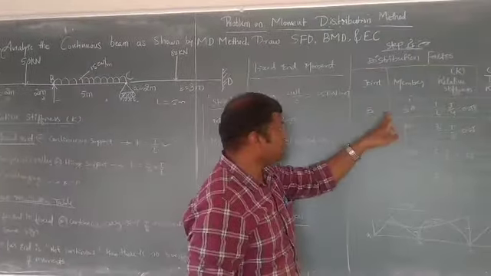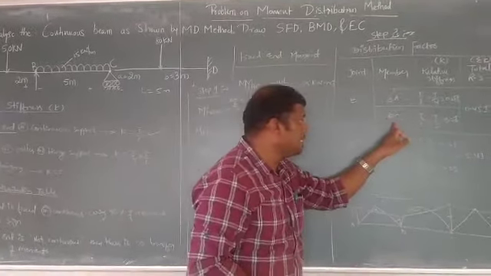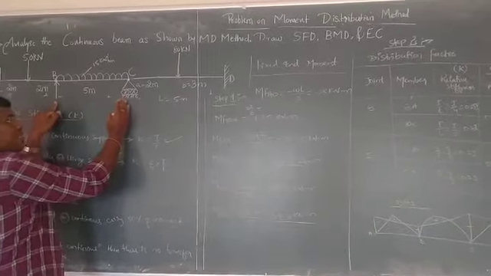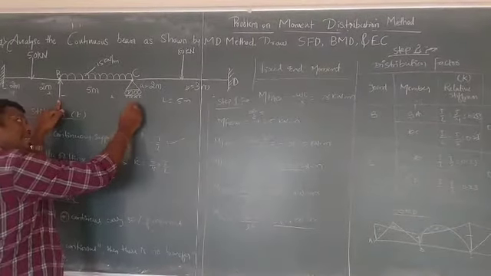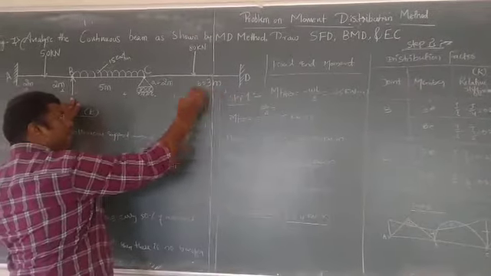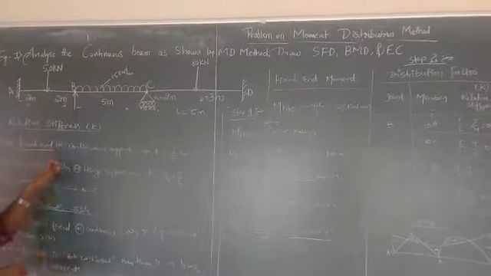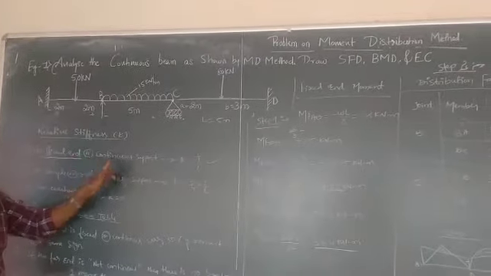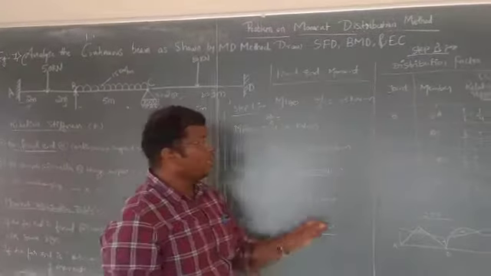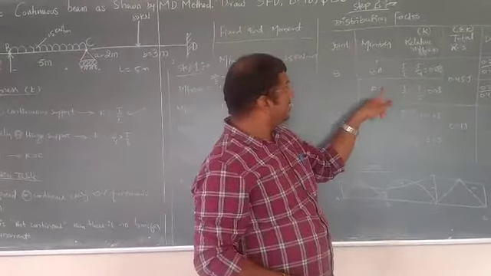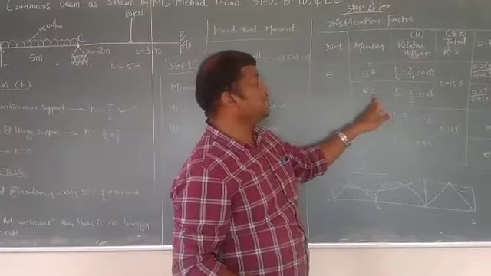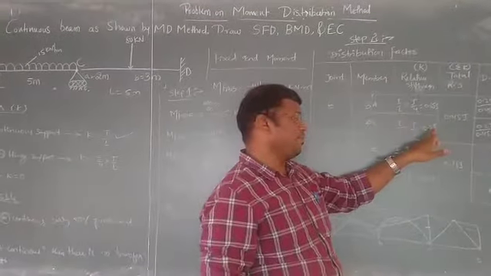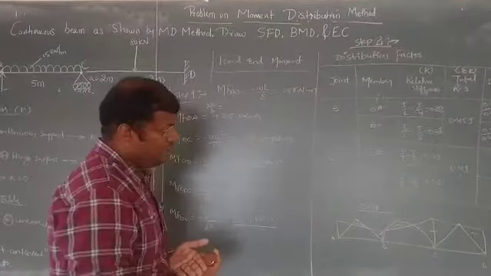Similarly, I am calculating the relative stiffness for member BC. Now I am moving from B to C. When I move from B to C, C is the far end and C is a continuous support because D is beyond it. When we come across a far end support that is fixed or continuous, the formula remains I by L only. So again I have written I by L, where C is an intermediate or continuous support. I by 5 is 0.2 times I; 1 by 5 is 0.2.